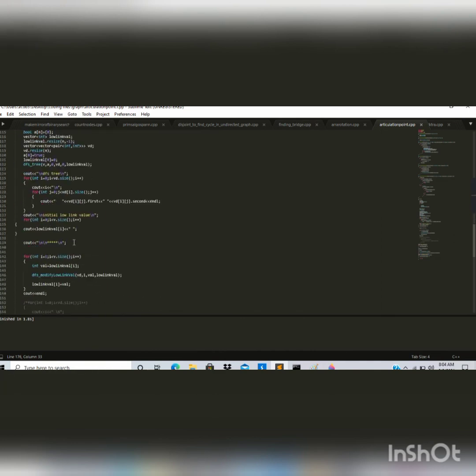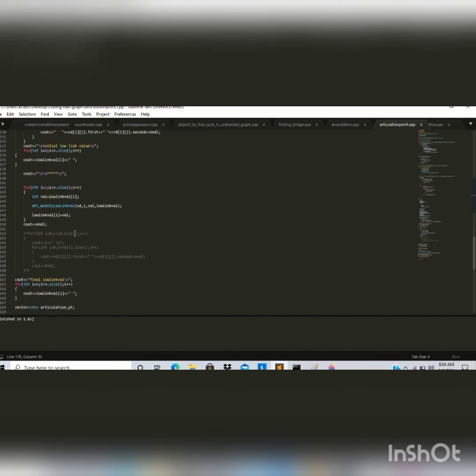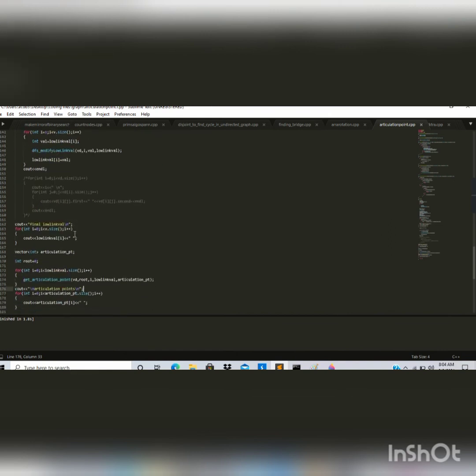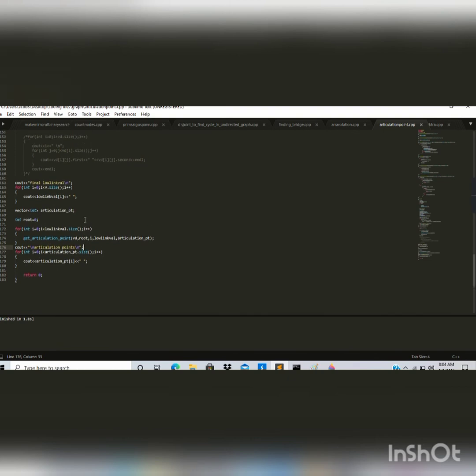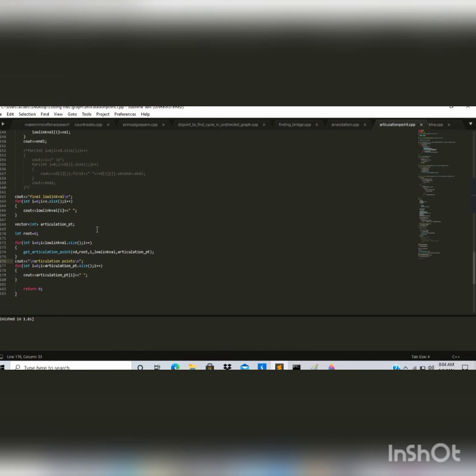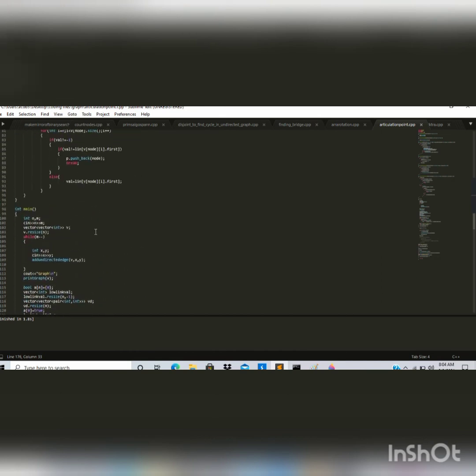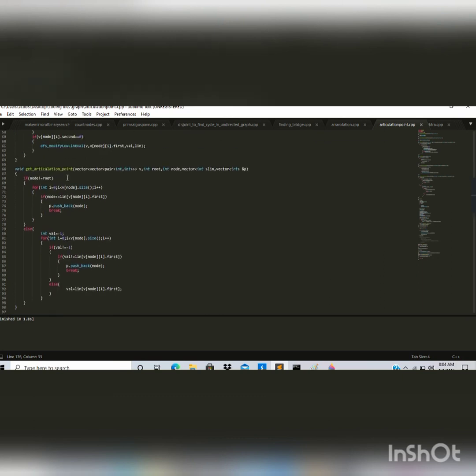Now once we have modified the low link value, the next step is to compare and get the articulation point. So for every node we compare its id with its child's low link value. We keep two things in mind: whether it's a root node or whether it's not a root node. If it's not a root node, we just compare its id with its child. If the id is less than or equal to its child's low link value, then that node becomes an articulation point.